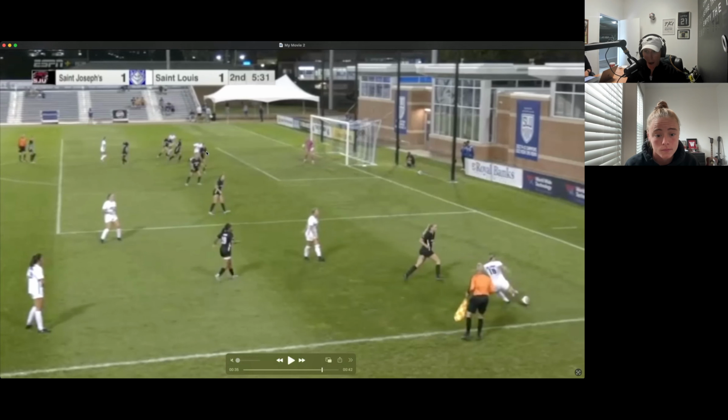and this center back should be immediately putting their hands out, because the hands out will allow you to, 1, feel where the pressure is coming from, so you know where they are and you can seal them off. But 2, it impedes the run of the attacker, so giving Katie more time to get to the ball. So that's something that you guys would want to communicate to your defenders in training situations,